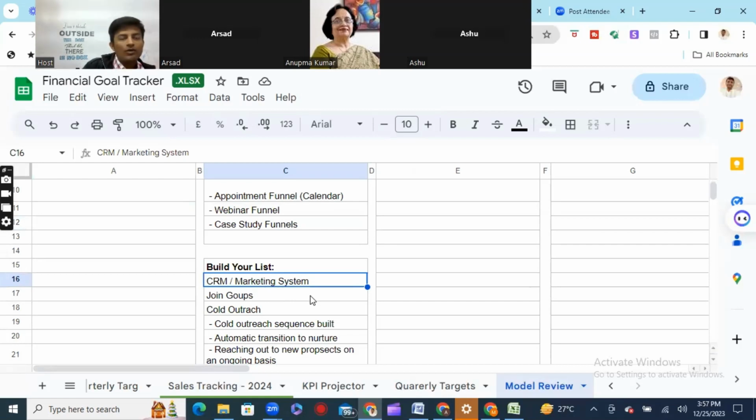What you need to do is create a system for yourself and demonstrate it to others. That I have set my calendar for the year and I have set my funnels. These are my appointment funnels, these are my webinar funnels, these are my ebook funnels, this funnel, that funnel. And if you join today, you just have to take my snapshot and your setup of 1 year is ready in 1 hour. If you can demonstrate this, no one can stop you from doing the sales, and you can charge anything.